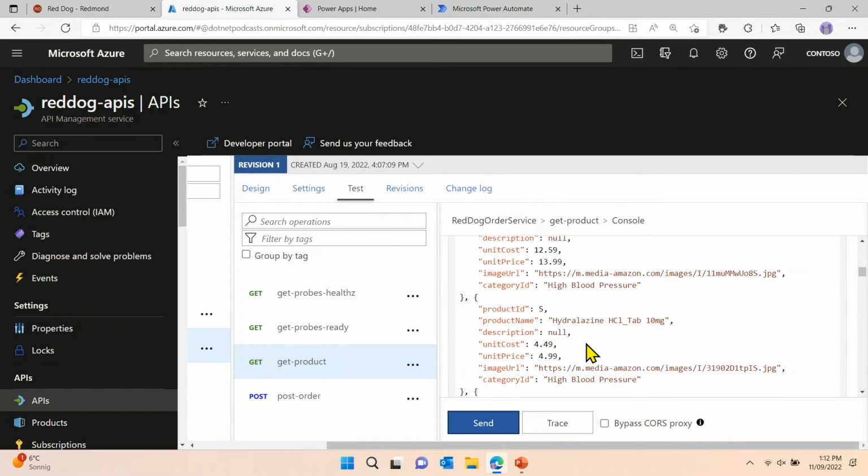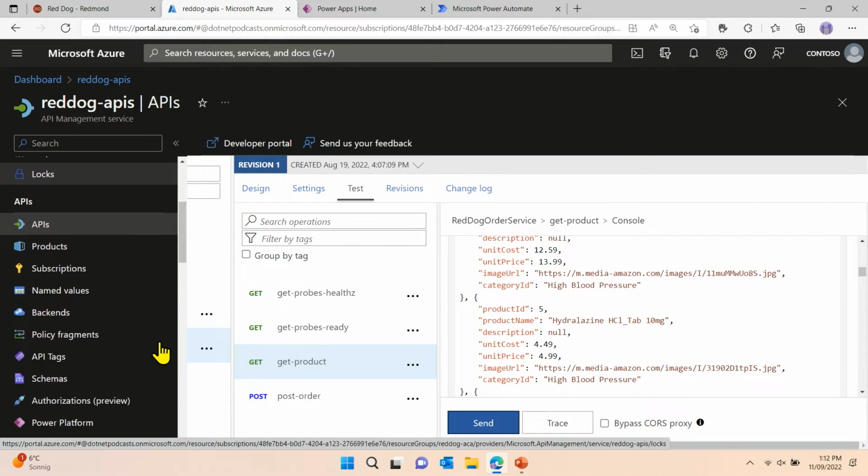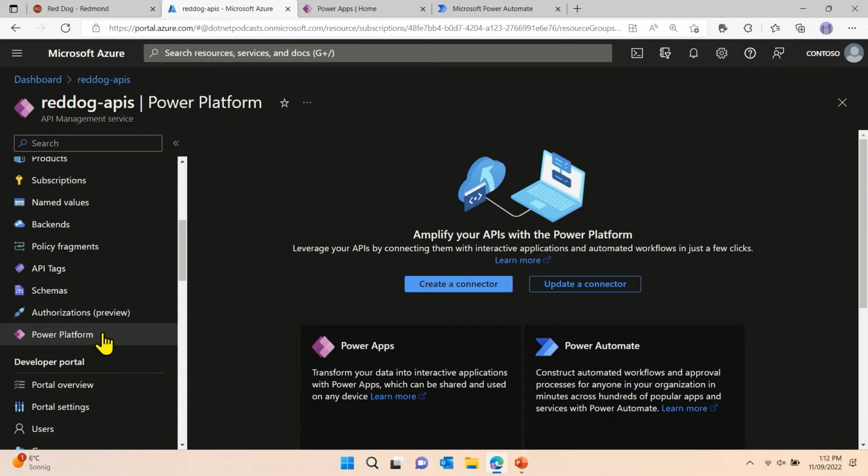And remember our use case. Somebody from sales comes to me and was asking about, we need a different front end where I can just basically type in some parameters and add it to our existing database. So now that I know the web API is working in Azure API Management, I want to expose it to the Power Platform. For this, I'm going to switch over to my Power Platform tab, and we talked about those